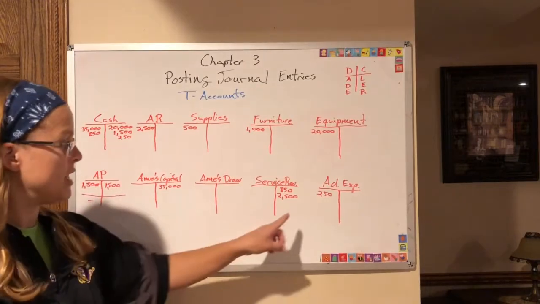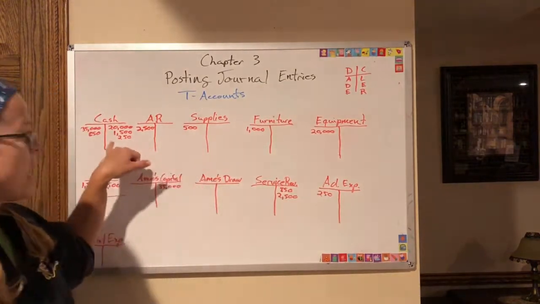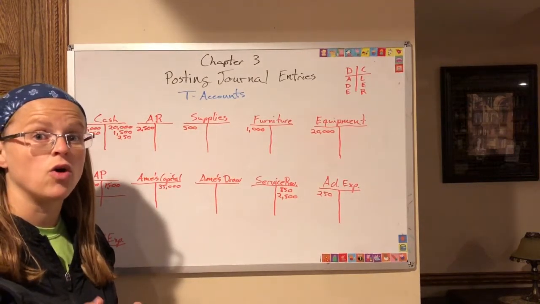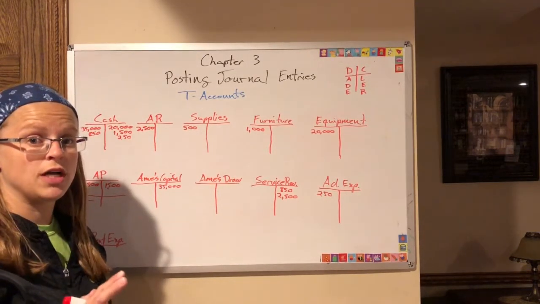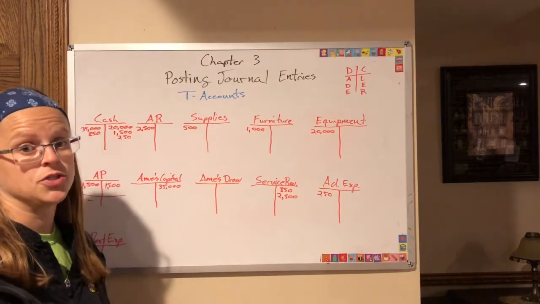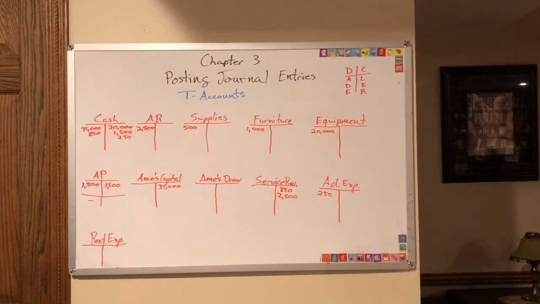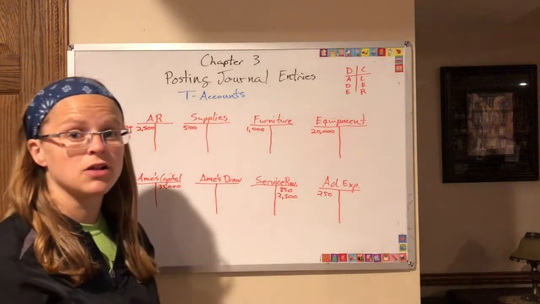So we have a debit and we have a credit. Always have to have the debit and the credit. You always have to have two transactions, at least two transactions. All right? Next, Ann receives $300 cash